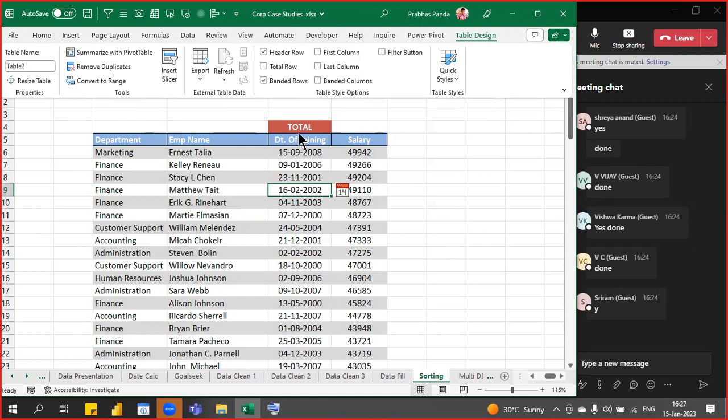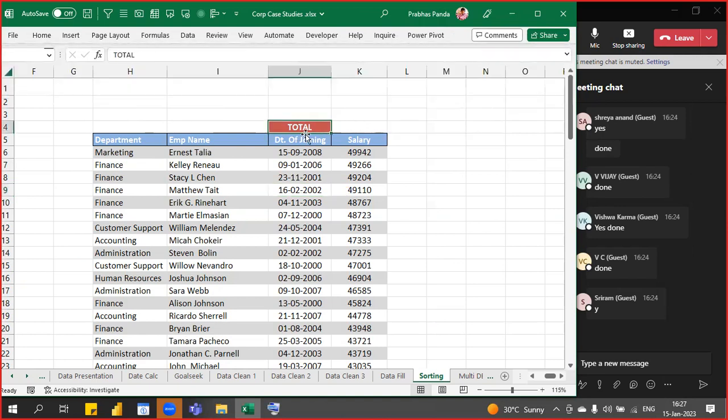Now, once you have done this, then create a cell called total. Above the date of joining, name a cell as total. All right, so I believe everybody's done up to this level. Yes. Now, kindly go to the next cell, exactly right side of the total cell, and type a formula equal